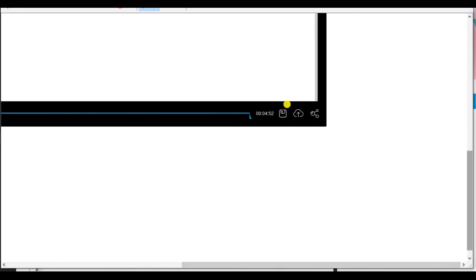What is that lower part? As I told you, you can save the video by using the file-like option that you're seeing over here. By clicking on this, you will have the two options I mentioned: save as video file or save as GIF. So go for save as video file, and then it will allow you to save.